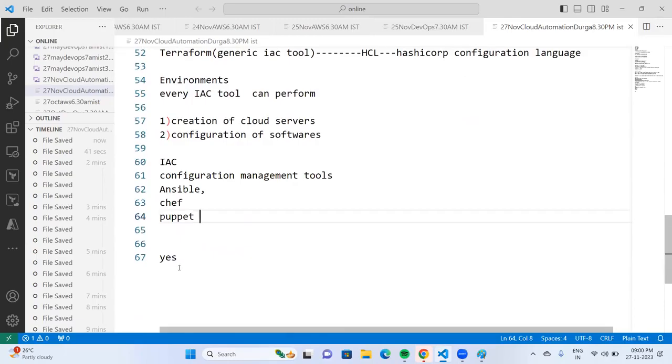Now, this is about automation, guys. As part of our course, we are going to discuss how to create infrastructure on AWS cloud. Then I will show how to create infrastructure in AWS cloud and Azure cloud manually. Then we are going to write Terraform scripting. Now, when it comes to our course content,